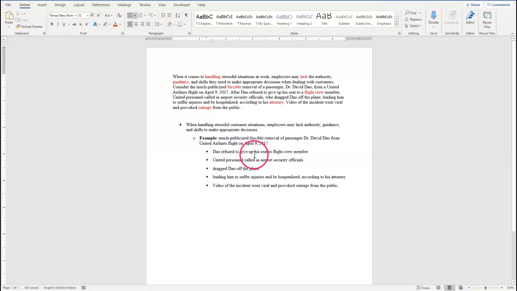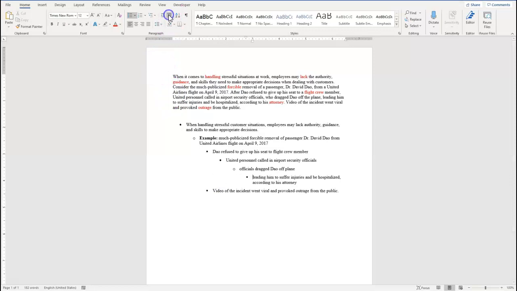First, Dow refuses to give up his seat to a flight crew member. As a result, the United personnel called in airport security officials. What did they do? They dragged Dow off the plane. So I'm going to make it clear that was the officials, not the personnel from United. Yeah, I don't need the word "the", right? And then because he got dragged off, what happened? Well, he got injuries. So